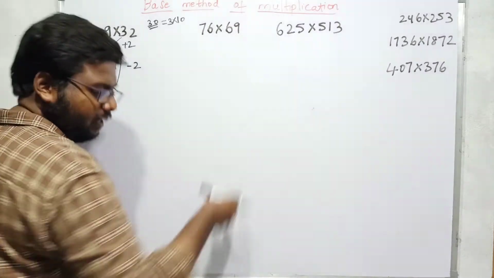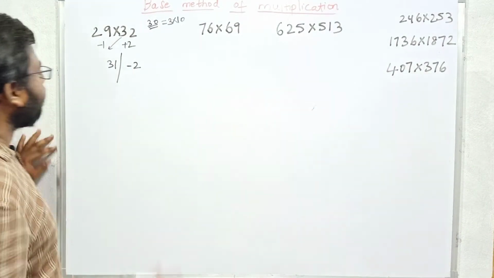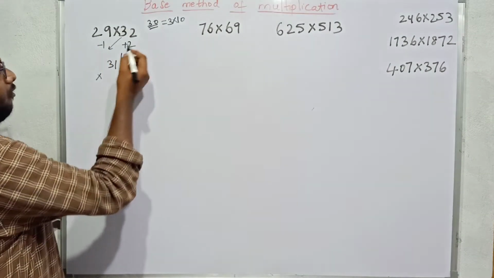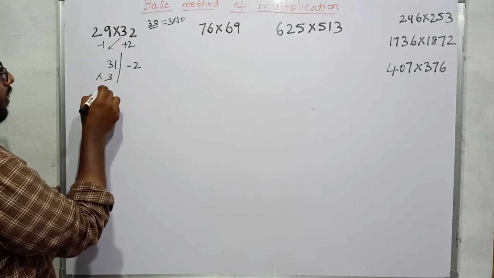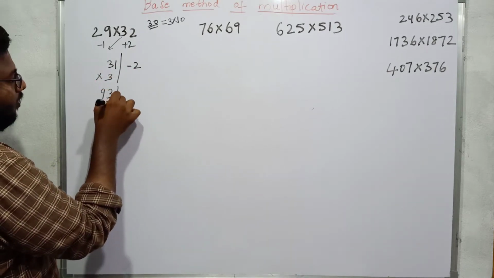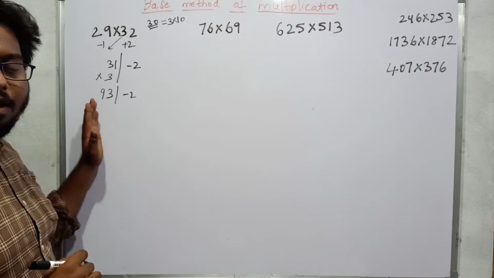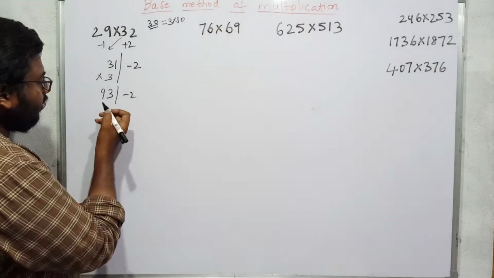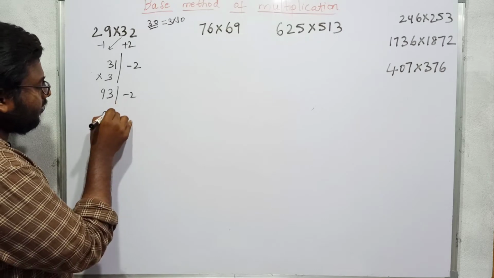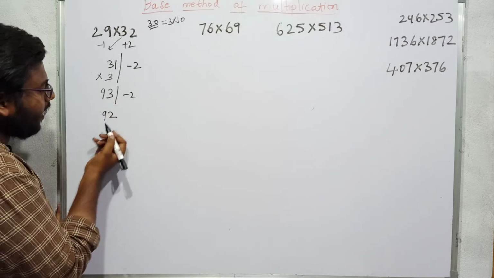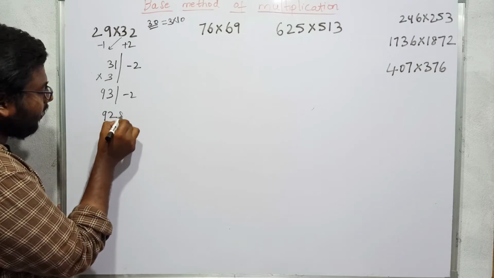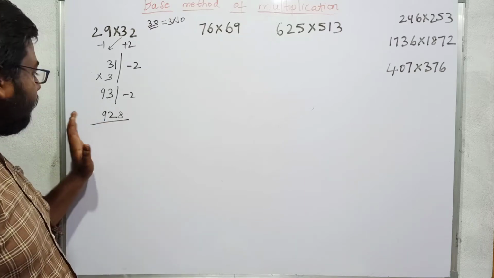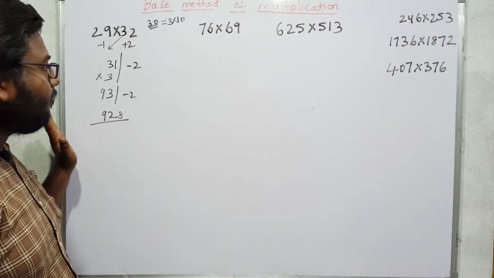No problem, even if you don't understand this yet, you will get clarity as I discuss this. So I will settle this by multiplying with the multiplication factor. This is 93 minus 2. Since it is calculated on the decimal base 10, there will be 93 tens in it. So I will remove 110 and subtract. If I remove 110, I will get 92, and if I subtract 2 from 10, I will get 8. 928 will be my result.